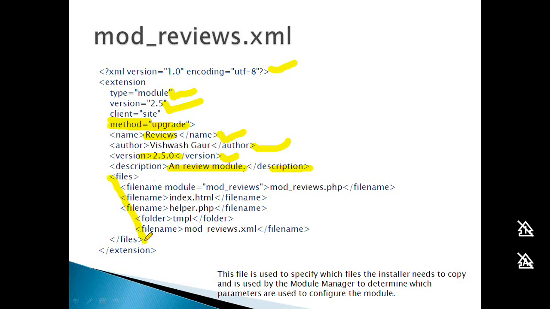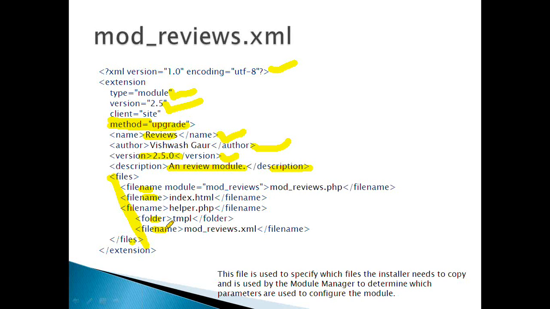And there are some files and folders included. In Joomla 2.5, you will notice that the files are wrapped with the files tag, and then file names and folders are mentioned there.